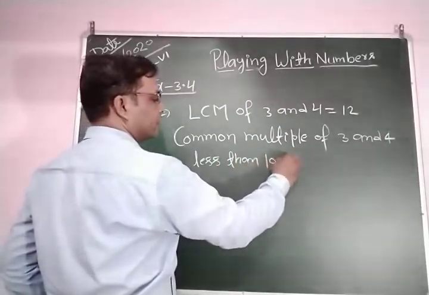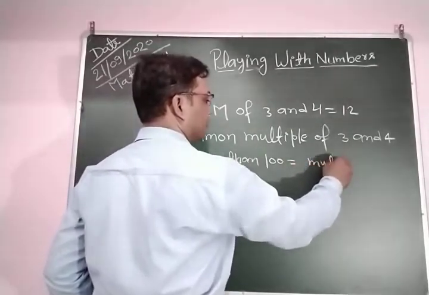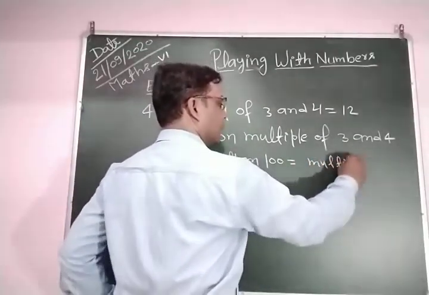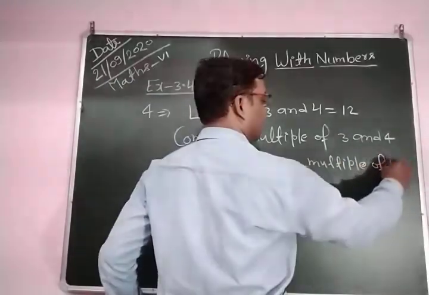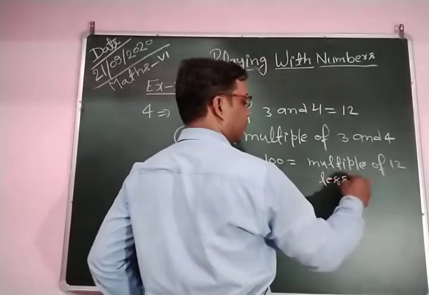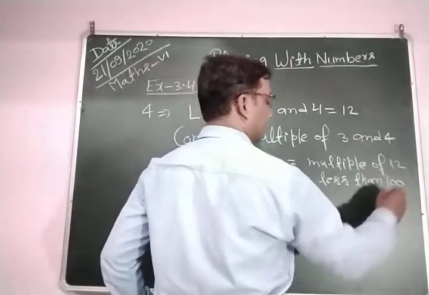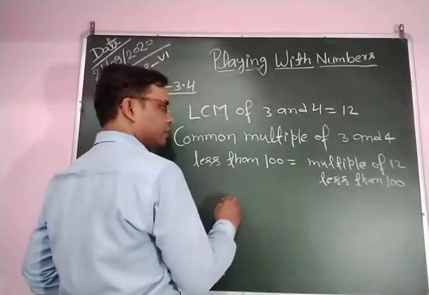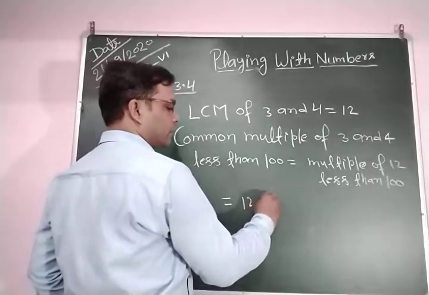This is equal to multiples of 12 less than 100. Clear? So the multiples of 12 are 12, 24,